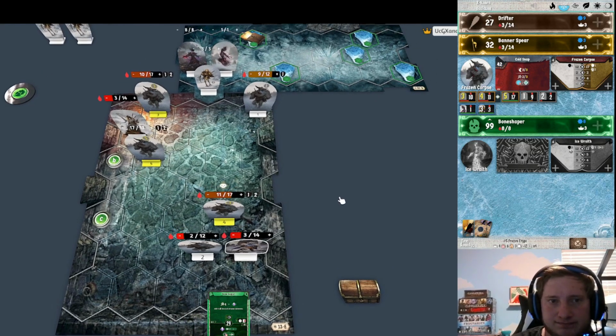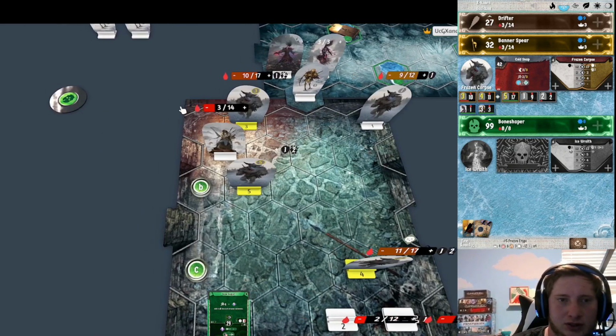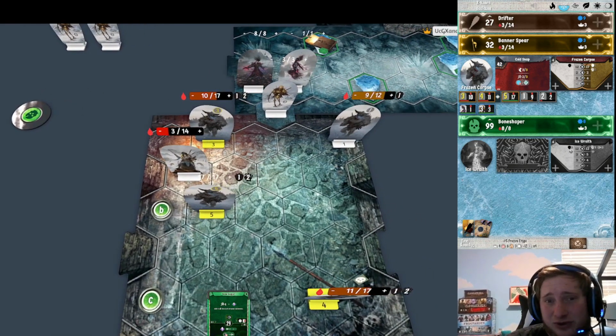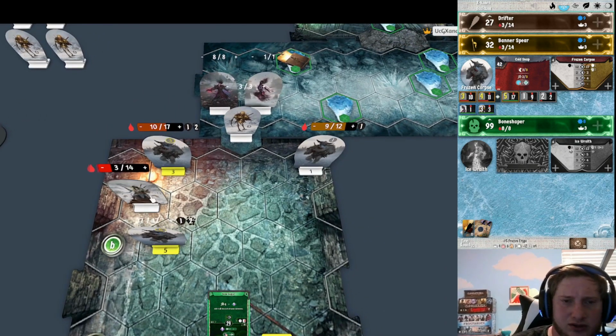Alright, the multi-targets were just really unlucky. They were able to devastate my army of bones. So attack for 3 into Banner. Oh, no, Banner gets to go next. So I can move